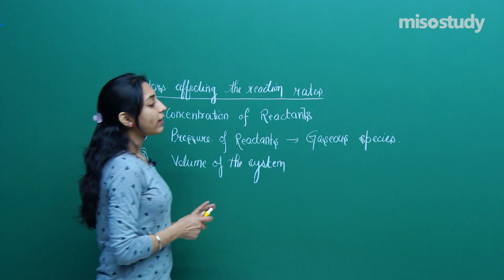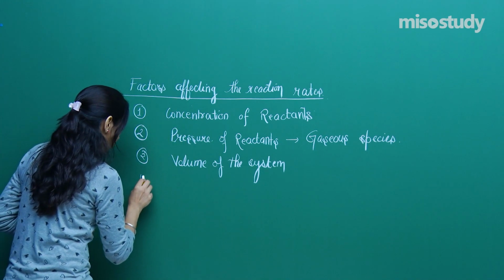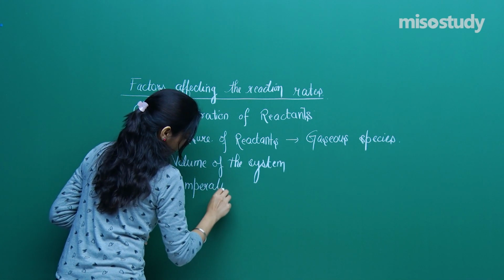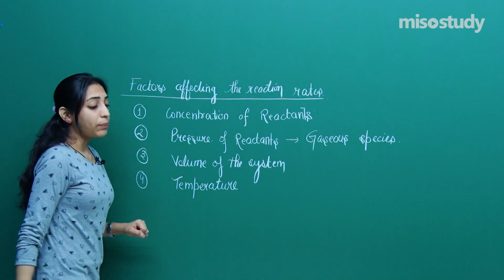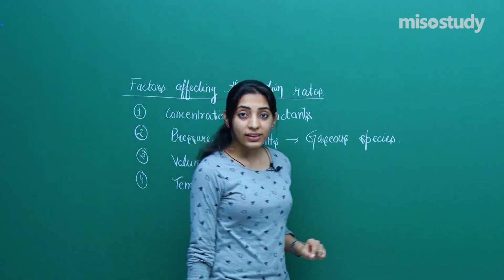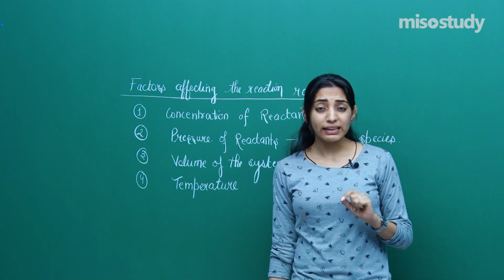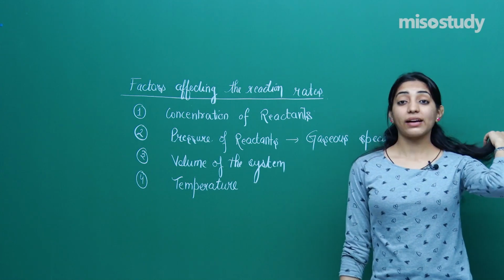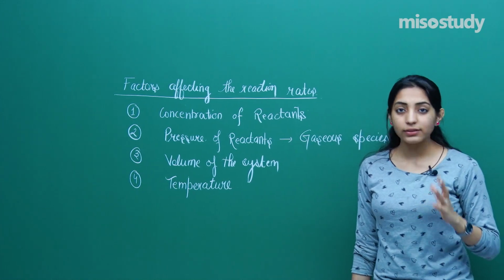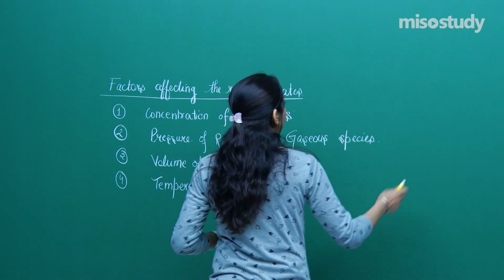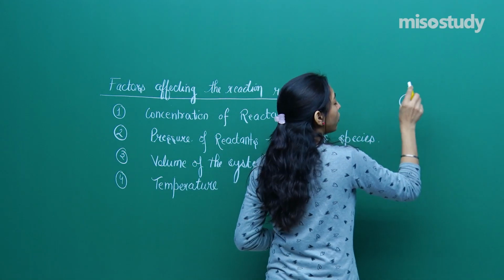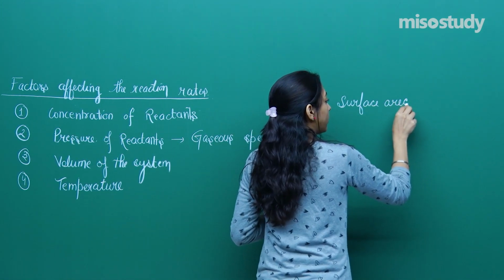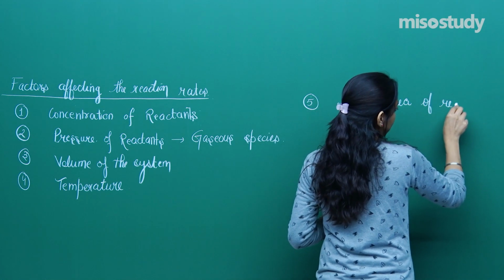Having done with these three factors, we then moved on to the fourth factor, which was temperature, and we had learned that on changing the temperature, the rate of reaction will generally increase. We had also seen that with a 10-degree rise in temperature, the rate of the reaction generally gets doubled or tripled, right? So this also we had seen in the last class. After this, we moved on to the next thing, which was the surface area of reactants.